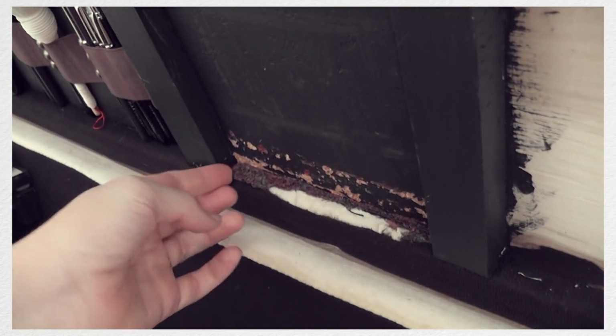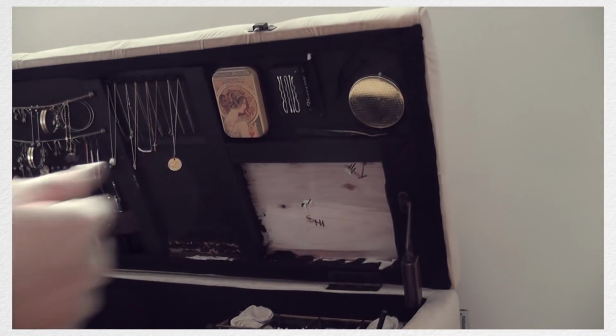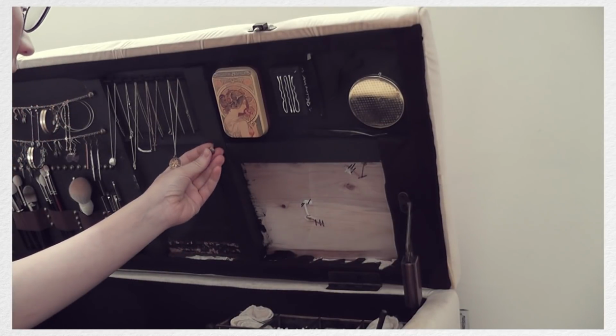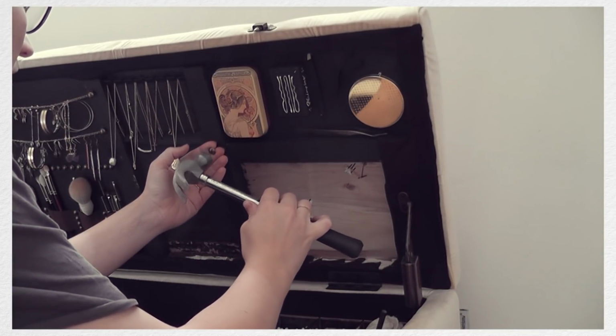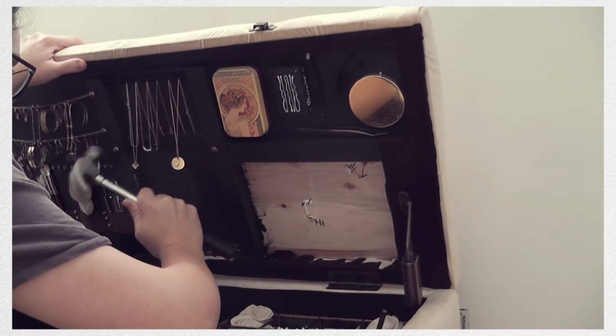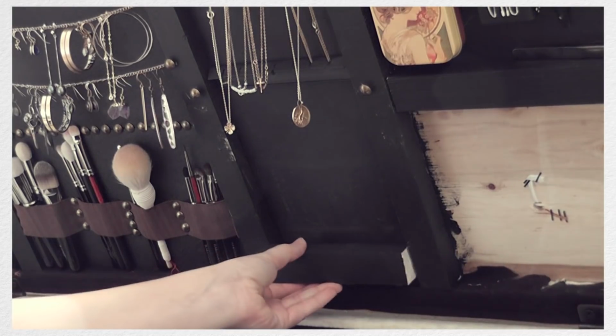So while I thought about that, I just decided to go ahead and put the tacks on either side of the necklaces so that then I could put a wire across them. This one fortunately went in quite easily, but later on when I was trying to add some more further down, I don't know what was wrong with my head, but I just couldn't get them in. I must have removed them about 6 times, and obviously that left a mark on the wood